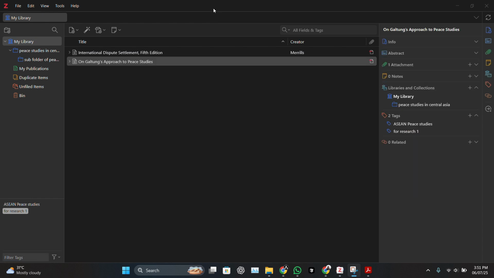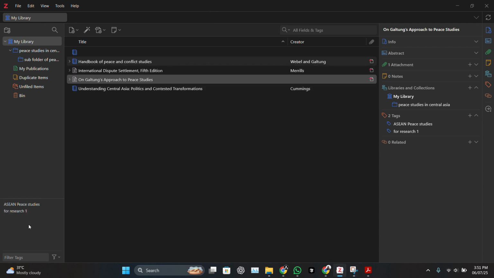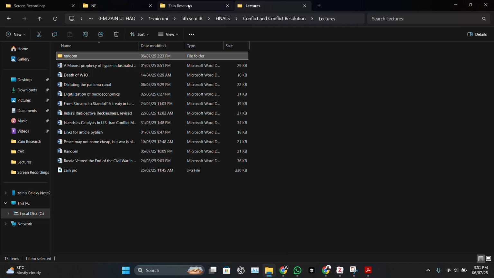So I think this is it for the Zotero part. After that, all of the work that you need to do is in the Word document. So how to extract these references and put citations in the Word document. Just open the Word document,